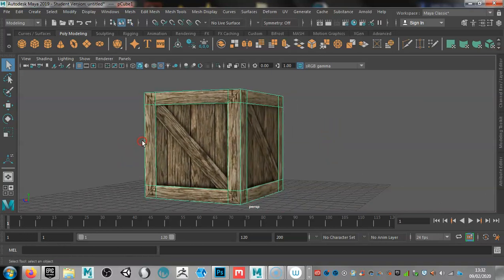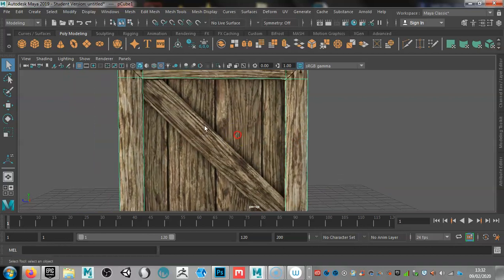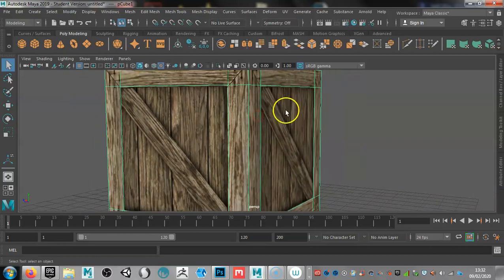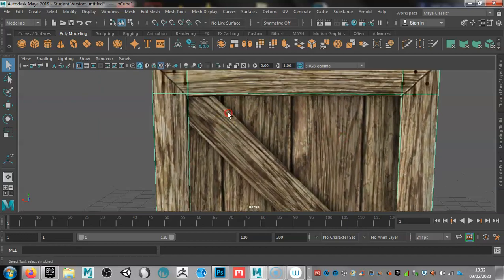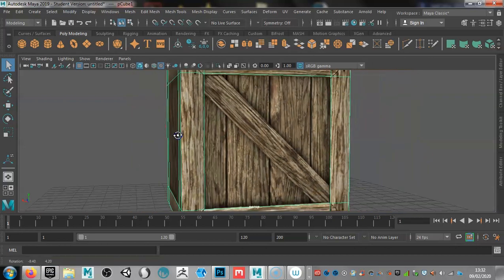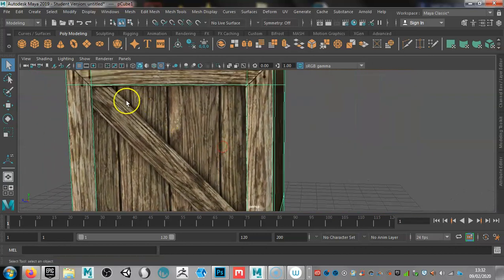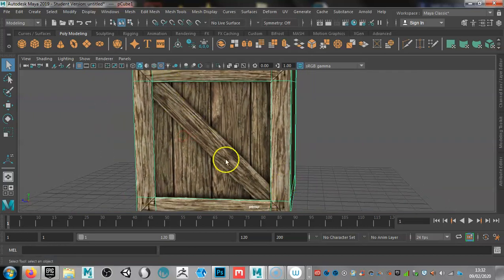Okay, so before we go any further, just a couple of things I need to go into. So you can see here when we've put the edges in here using the Multicut tool, some of it is not entirely on mark, and that's fine. But we will need to adjust those just so it doesn't look too odd. And also, when we've got this kind of bracket going down sort of diagonally here, we are going to use the Multicut tool to do that as well, and we will need to adjust that. However,